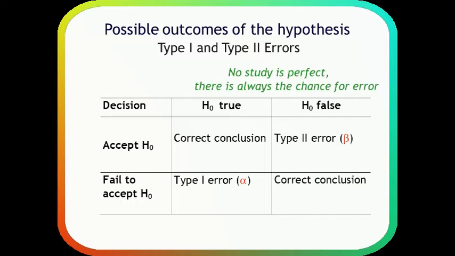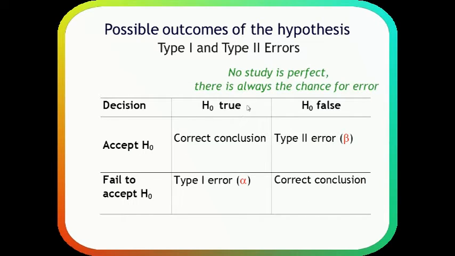Right, so now let's look at the table which is given to you. I said earlier it is a 2x2 table. 2x2 means it has 2 columns and 2 rows, right? Now, along the rows you have your decision with reference to your null hypothesis, and along the columns you have whether the null hypothesis is actually true or it is actually false. Now, let's look at the correct conclusions which we are likely to derive from looking at our null hypothesis.